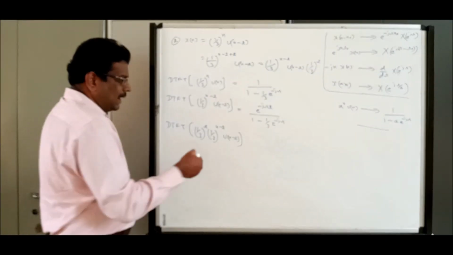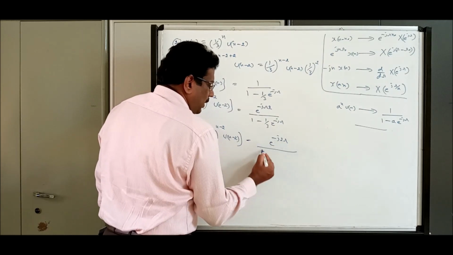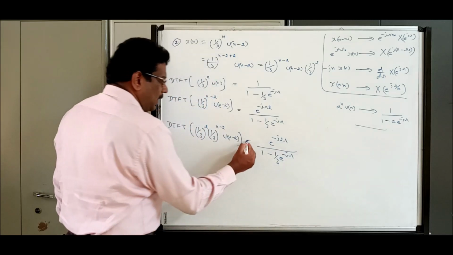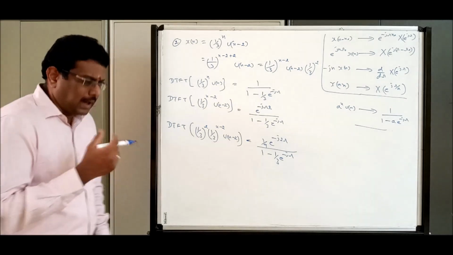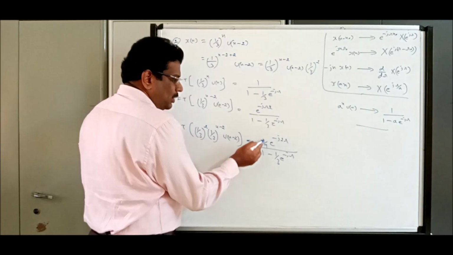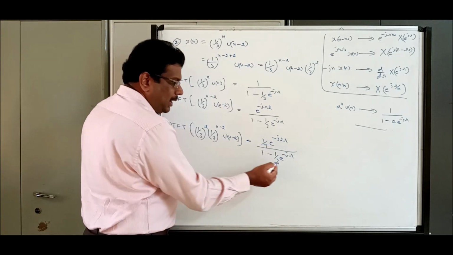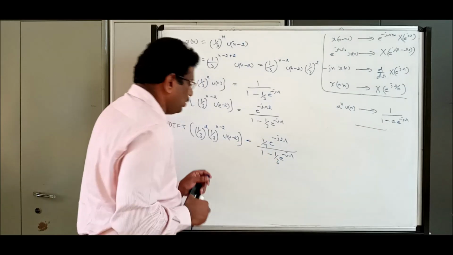Now here, extra you are going to multiply by a constant, e power minus j2 omega, divided by 1 minus 1 by 3 e power minus j omega. Additionally, we are having 1 by 9. And as usual, you have to do magnitude and phase. Numerator magnitude is visible, 1 by 9, angle is visible, minus 2 omega. Denominator you should convert to cos and sine. We discussed in the general problem. We may have to do even that.